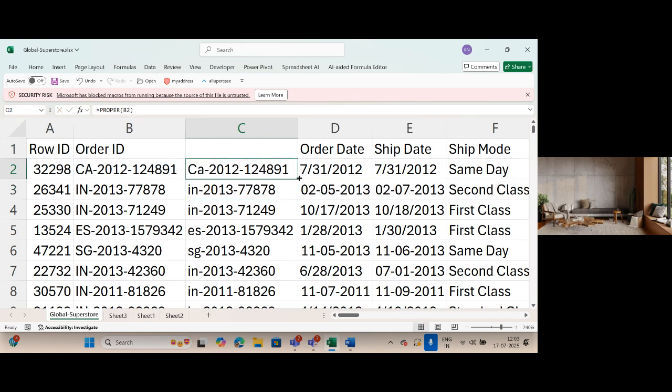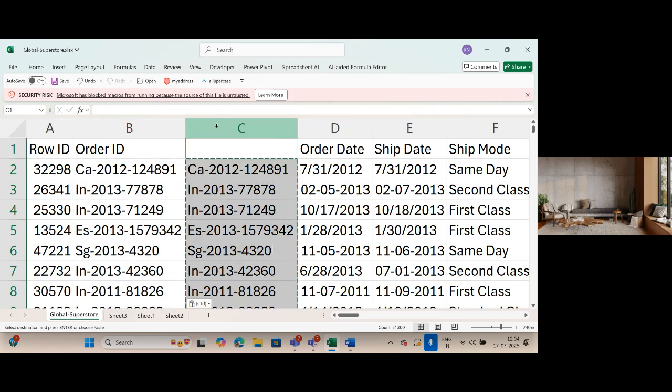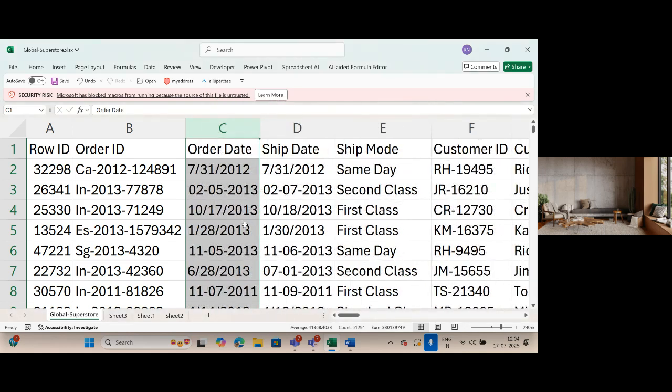First letter capital. Is it clear? Now you don't want these two columns, then copy and Alt Control V, paste special, and then delete it. You have to use paste special every time. So that's why I told you first paste special, then